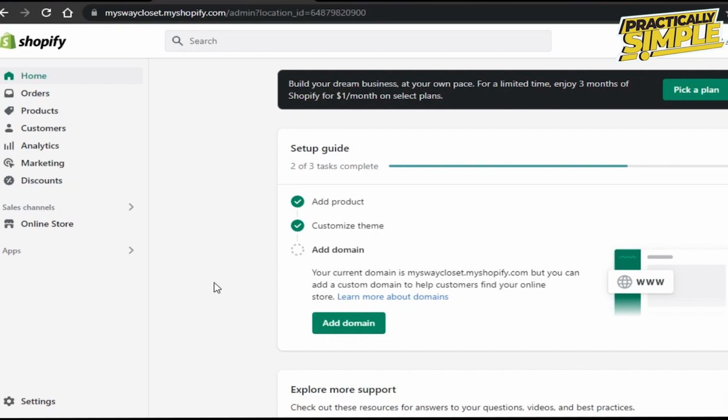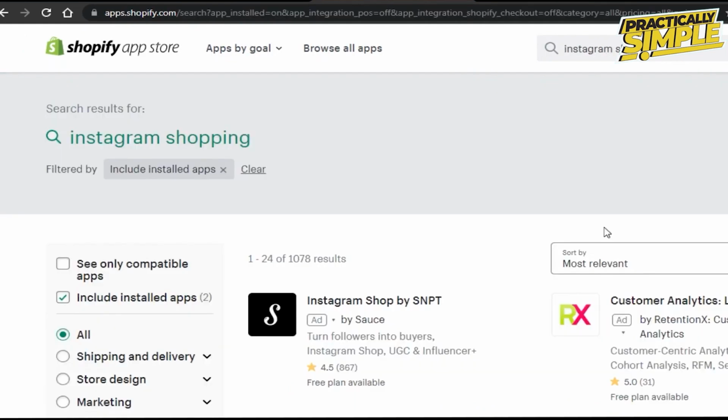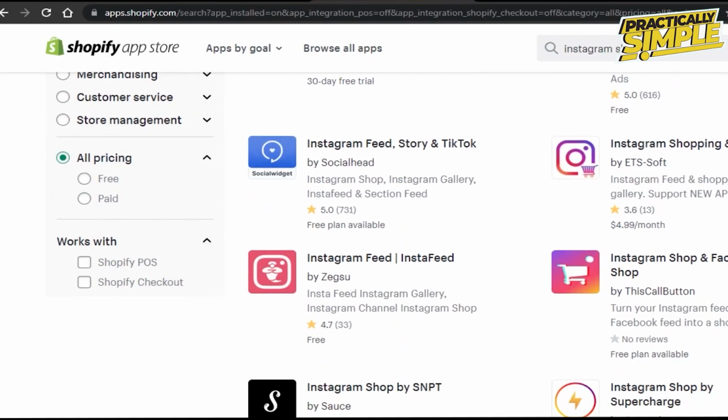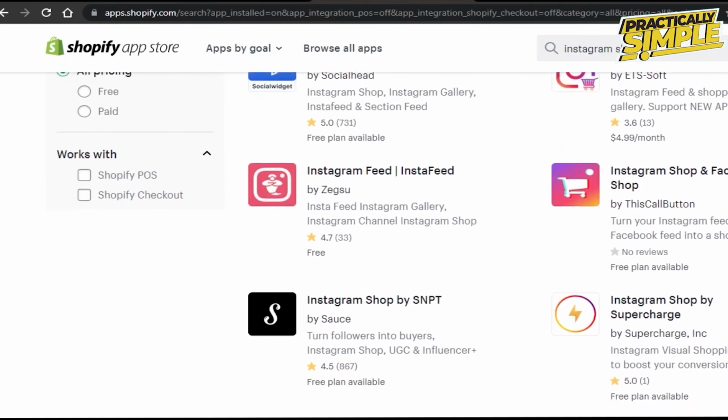You need to go to your apps here and open up your Shopify app store. Here you are going to search for Instagram. It will open up different results for us, and here you can check out that different providers provide Instagram shop and Facebook shop. You can see this one right here. Then we have Instagram shopping. So these are third party tools that provide Instagram shopping, but the best tool that you need to go for